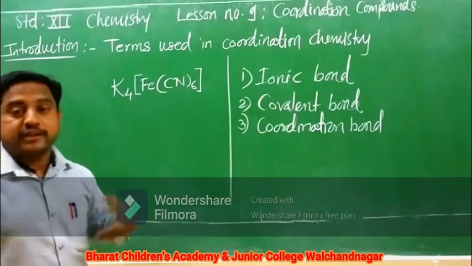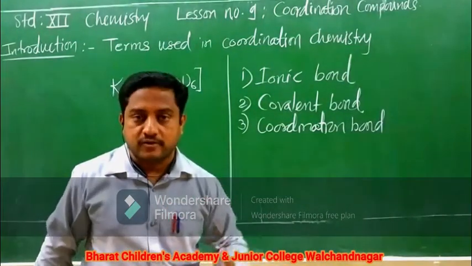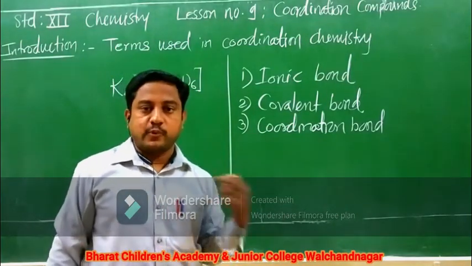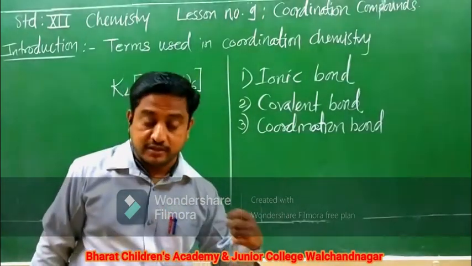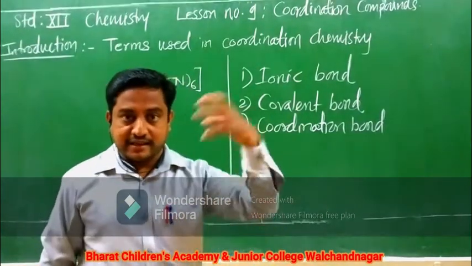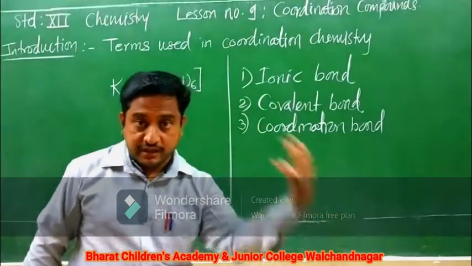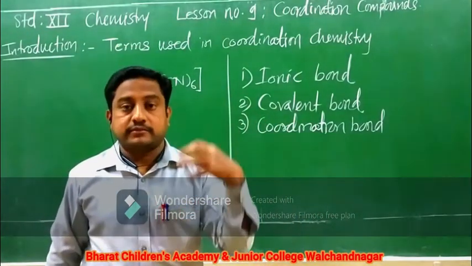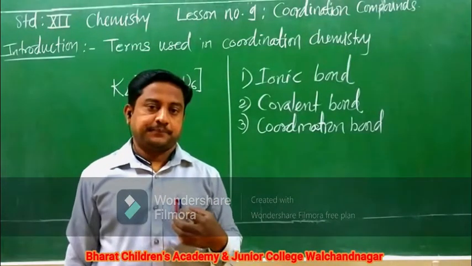So each of the ligand is going to share a pair of electrons to the central metal, and that pair will remain with both the central metal atom as well as the ligand. Okay, shared by a single atom, donated by a single ligand, but will remain with both. Okay, that is called as coordinate bond.